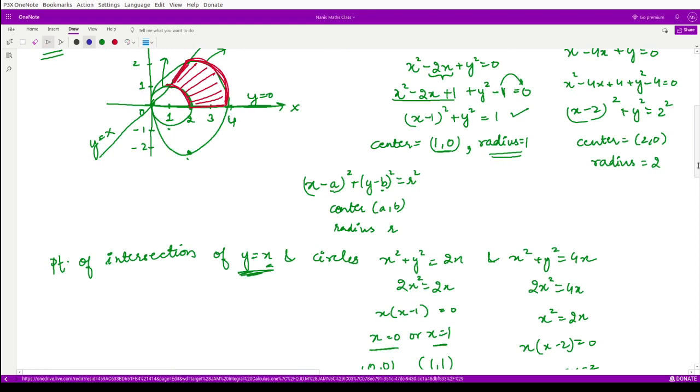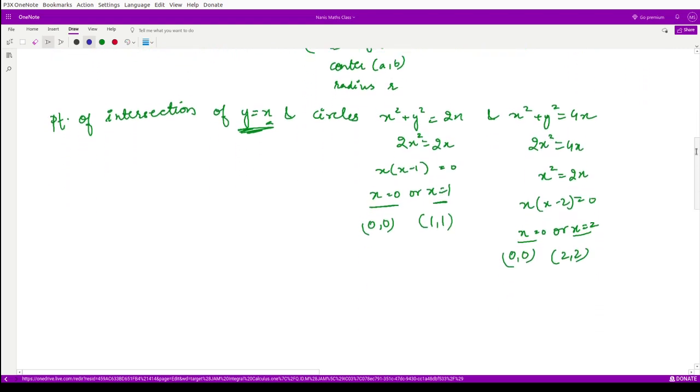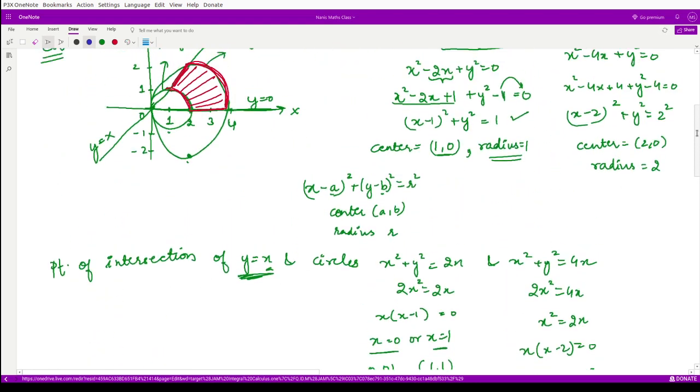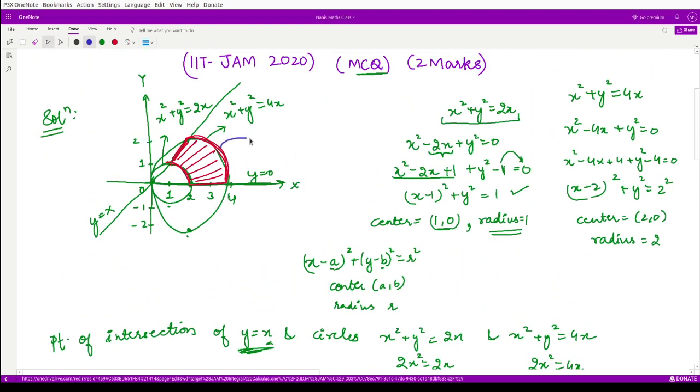So what is the formula to calculate area? To calculate area we can do that in either the Cartesian coordinates or in the polar coordinates. So here we will use the polar coordinates because it would be more easy, because if you see, this is a sector like area. So we have a sector like area, right? So here the limits of r and theta are very easily defined.